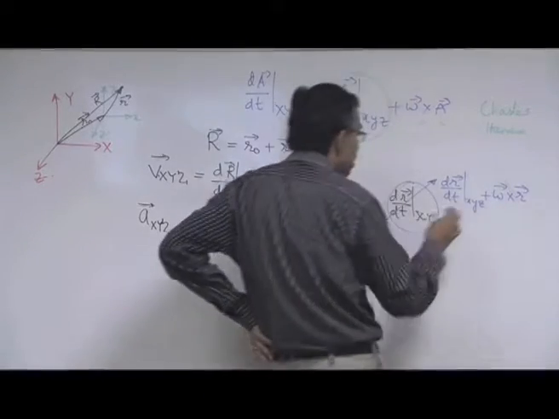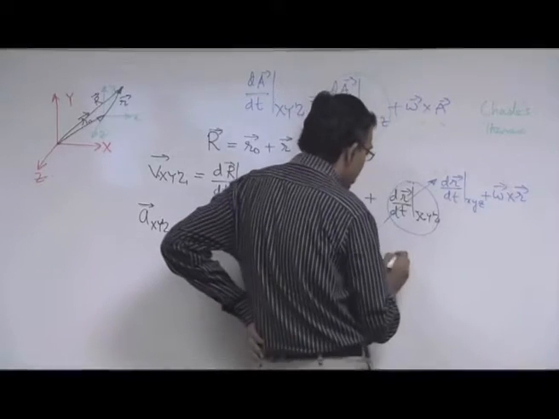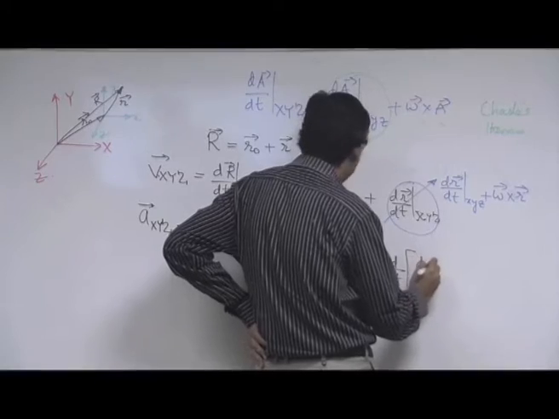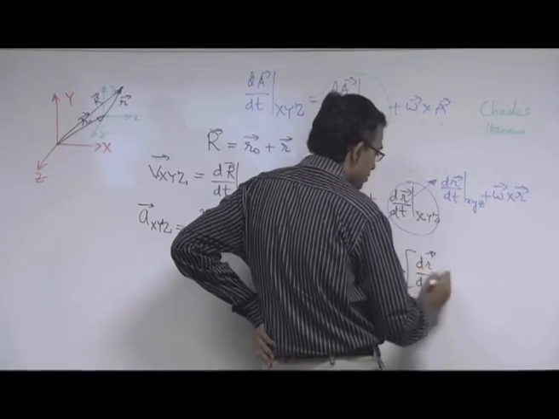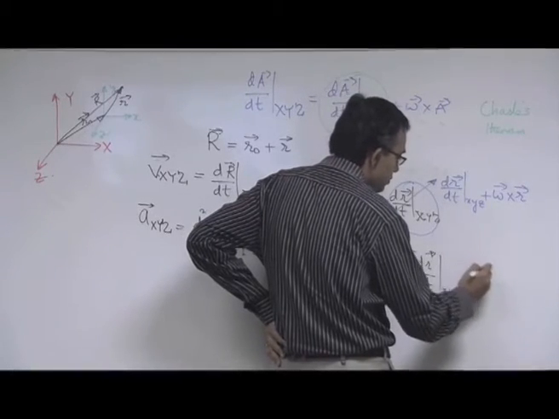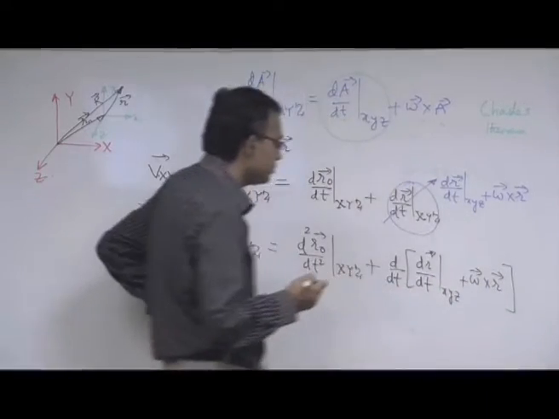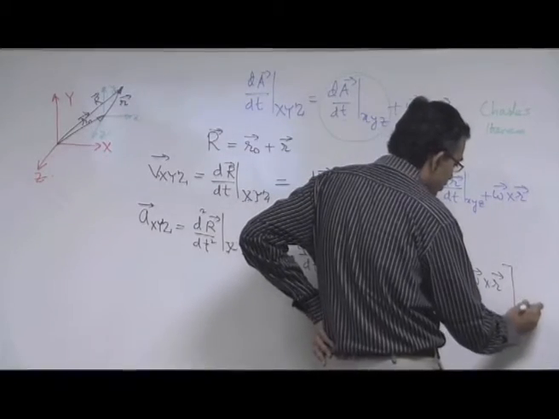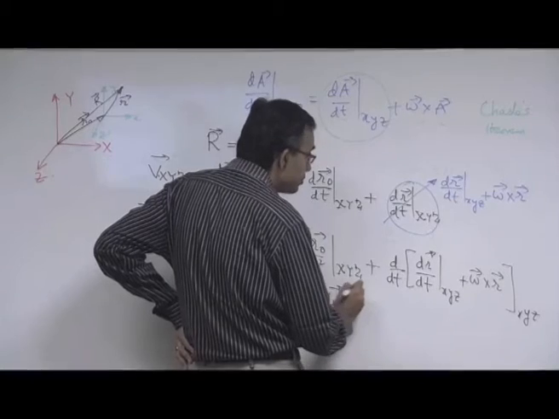So this is now like capital A. So d/dt of this, in small xyz, plus omega cross